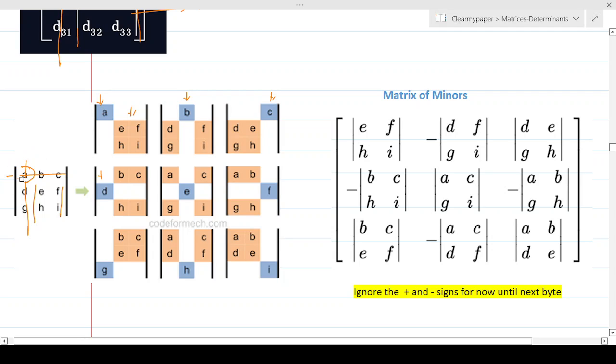Let's do it for one more example. Let's take a different element so that it's clear. Let's say I'm going to find the minor of, say, E. So let's say this is where it is. It's in the blue color. Whatever is in blue, we are finding the minor of that element. Let's say I'm going to find the minor of element E, which I'm circling.